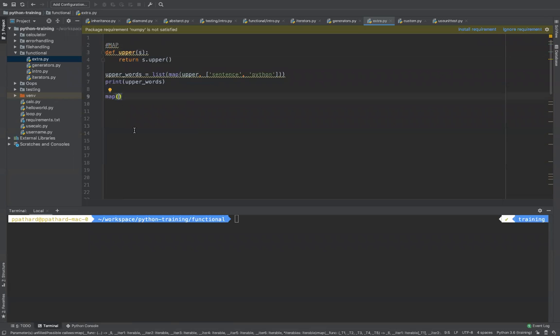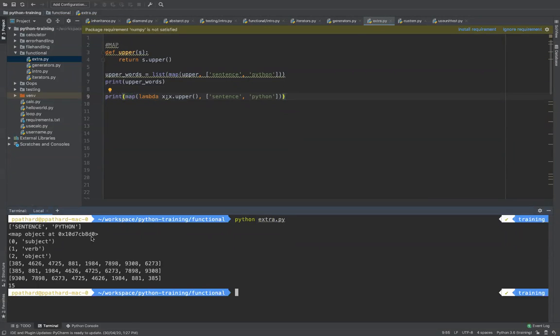But with map, I will create a lambda function which takes one argument and converts it to uppercase. The second argument is a list of values. Now, whatever map is returning, let me print and show you what it returns. It returns me a map object.